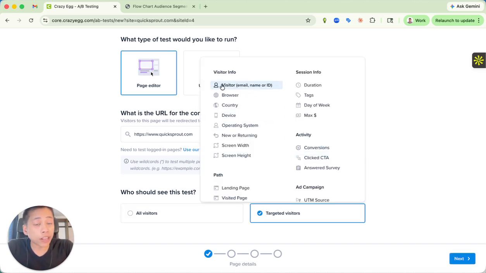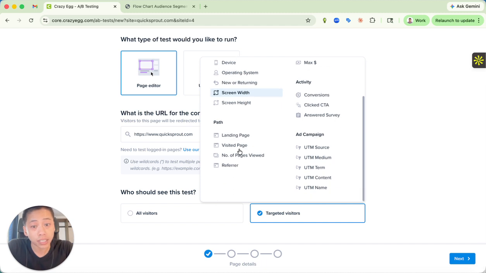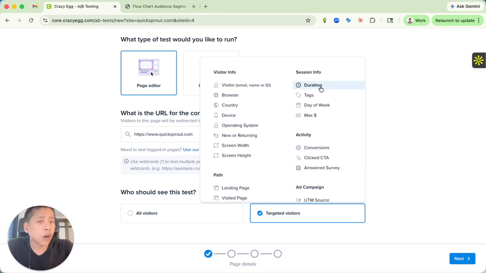I can target everything from visitor info related to identifiers if I pass visitor identifiers into Crazy Egg, browser, country, device, operating system, new or returning, or screen size. I can target visitors based off of the session path, so the landing page in which they initially started their session, if they visited a certain page, the number of pages they viewed in that session, and the traffic source in terms of referrer. I can target also session duration, tags related to say, did they encounter an error, have they submitted a form, have they done a dead click or something like that, the day of the week, or